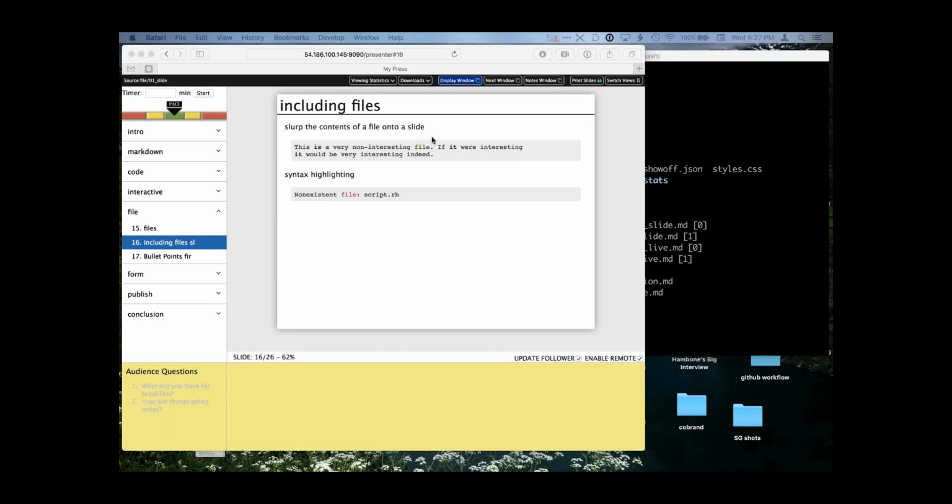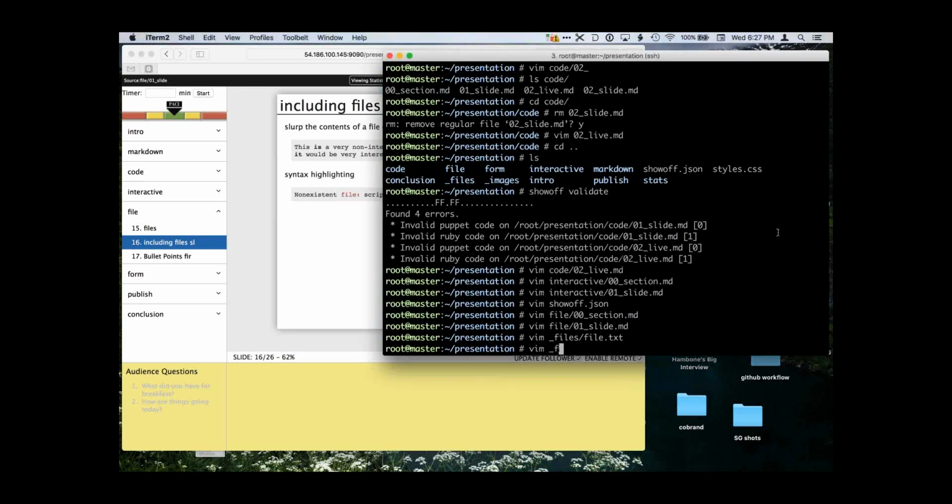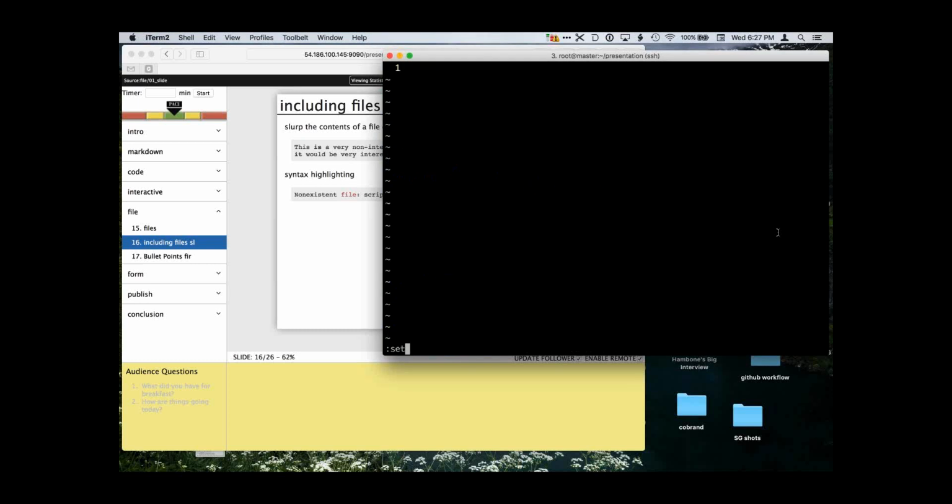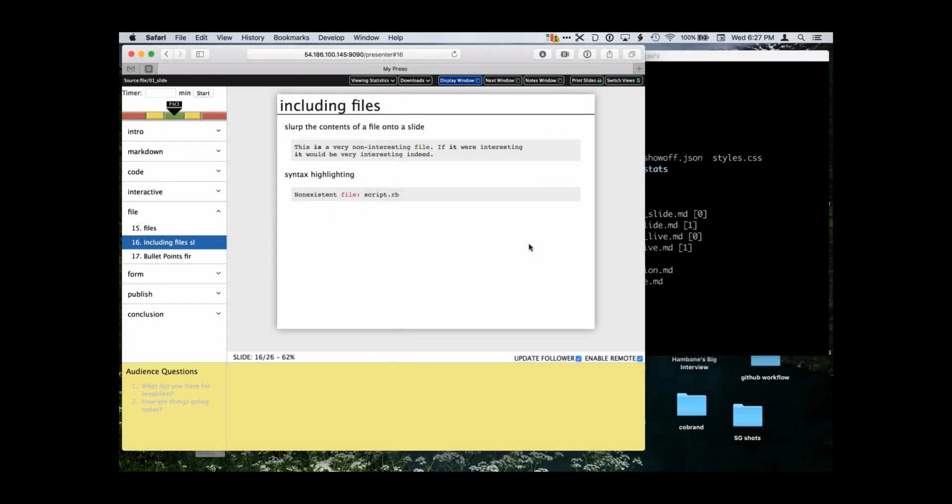Accidentally started Xcode. That was not a thing I wanted to do. I'm going to just paste in a silly little script. Not very exciting. All it does is print out a random word. But now it'll include it there, and it'll do syntax highlighting, which didn't happen to be particularly exciting there.